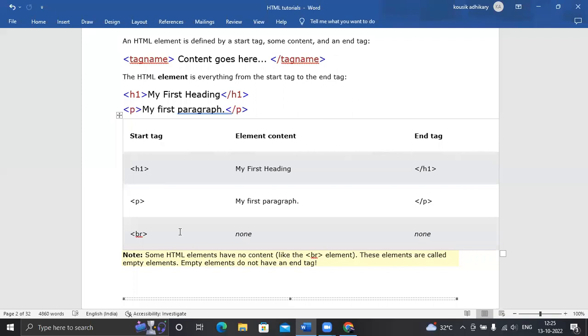Most tags have a closing tag, but some tags like BR, which is to break the line, do not. It is like in Java, where we write system.out.println, the println to break the line. In HTML5, using the BR tag, you can break the line. Understood?